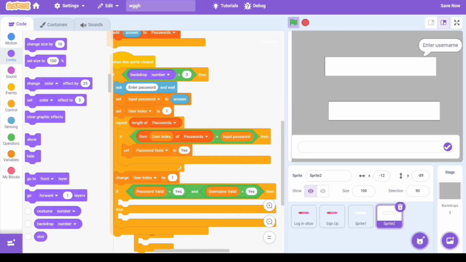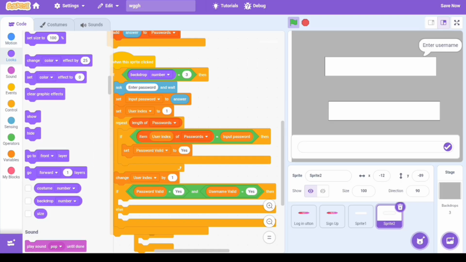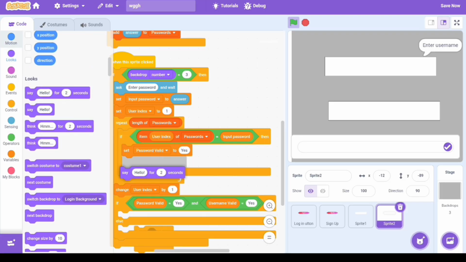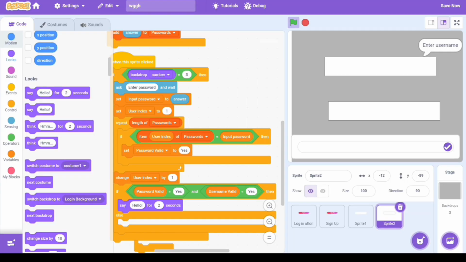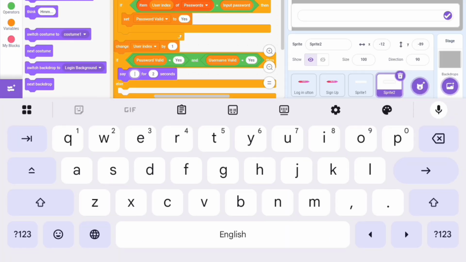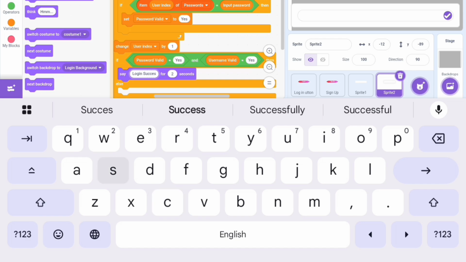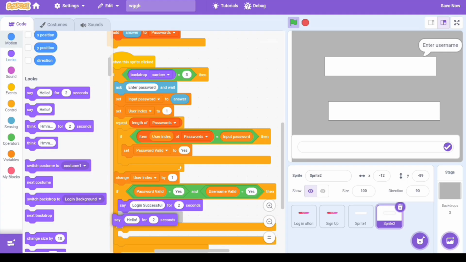And if password valid and username valid equals yes,